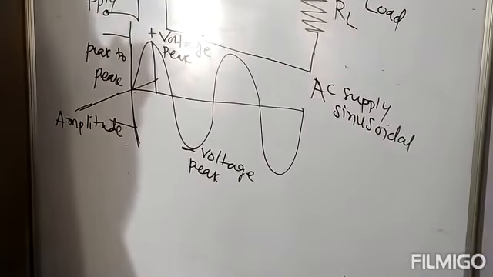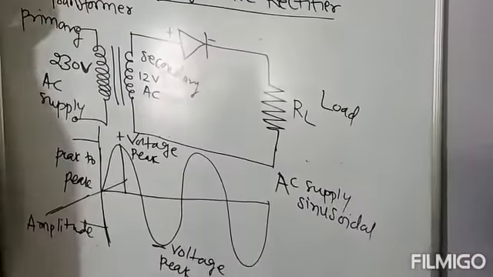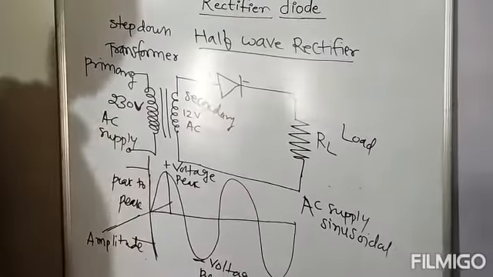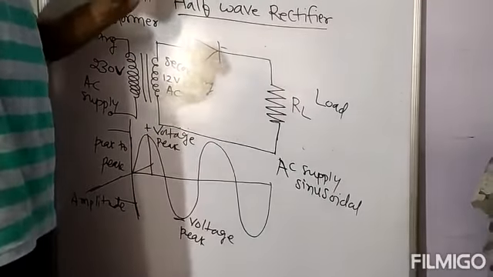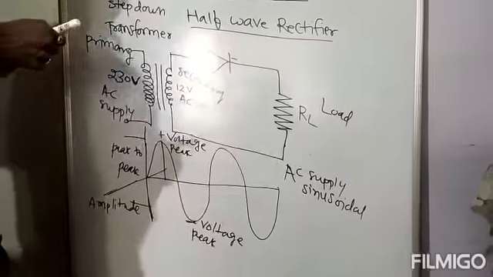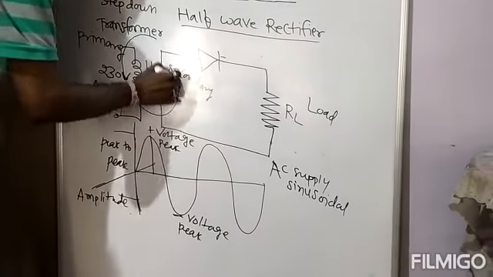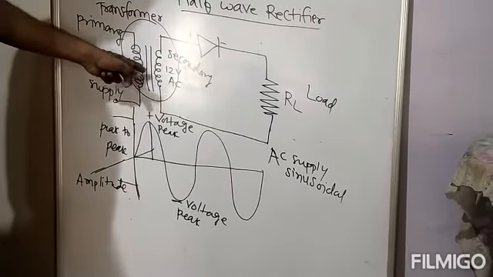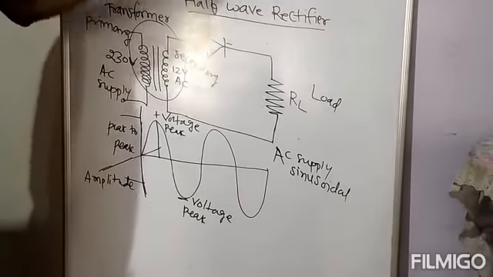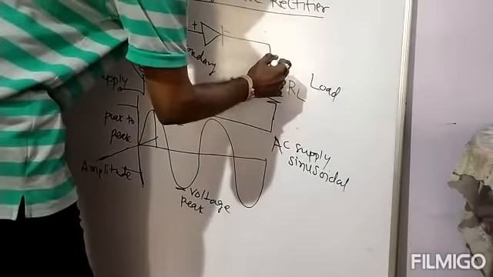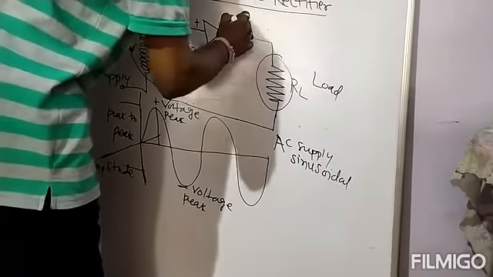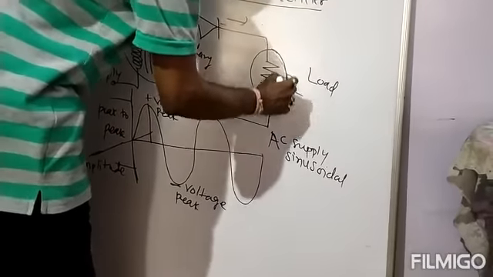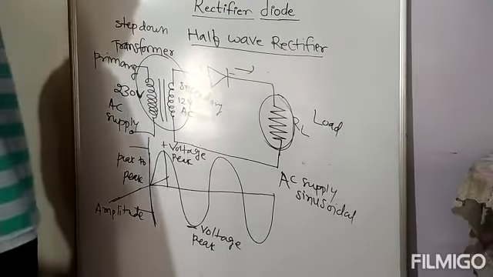Now just come to the circuit, how a diode is acting here as a half wave rectifier. Here in this circuit we are using a single diode. This portion is the AC component, a transformer. From this transformer, we are providing this 12 volt AC to the diode, and here we are using a load resistance. So whatever energy we are transferring from this end to this end can be used by this load or resistance.